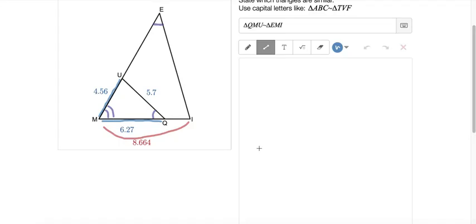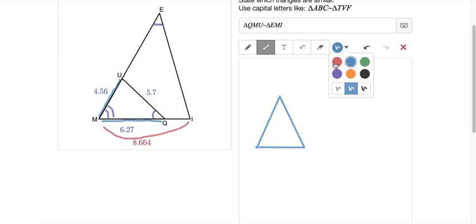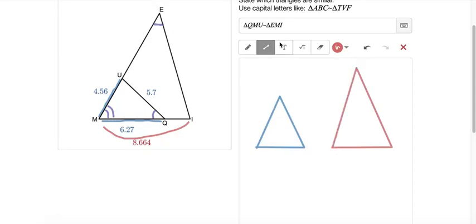I'm going to draw the small one first, like this, like this, like this. Then I will draw the big one next to it, facing the exact same way. I'm going to mark the angles next. Not the names of the angles. I'm going to put angle marks. I'm going to put a single and a single in the same place. Then I'm going to put a double and a double in the exact same place,